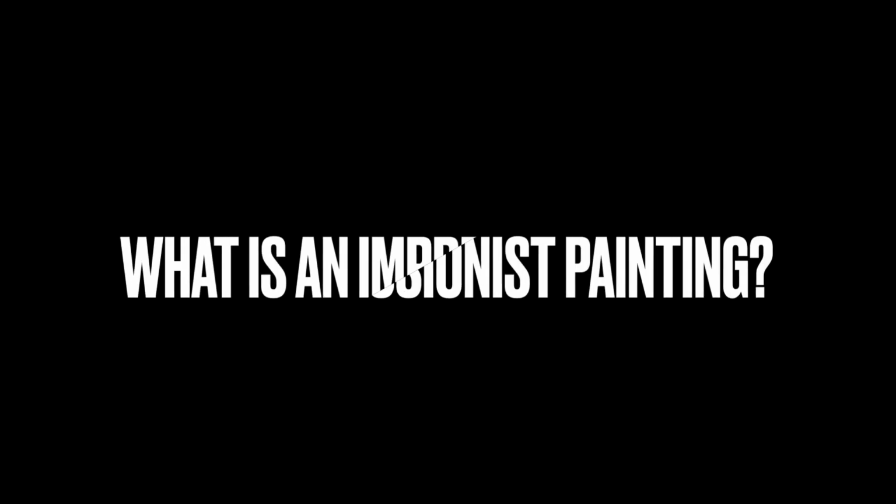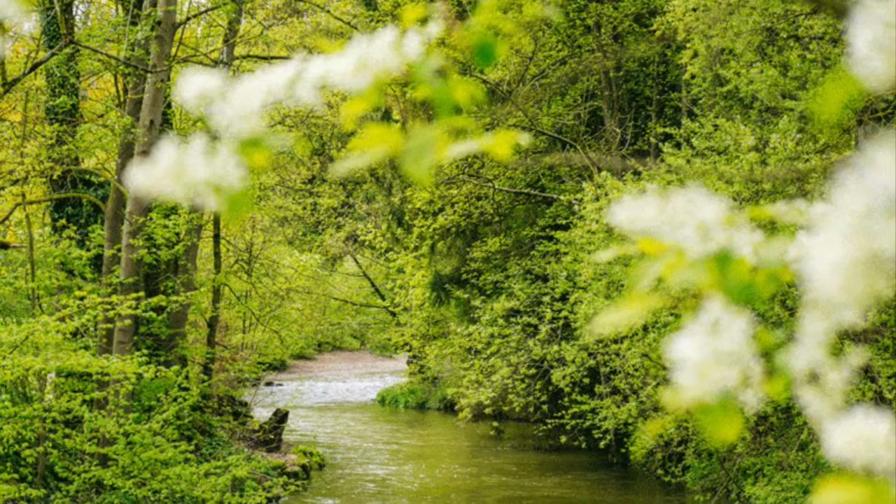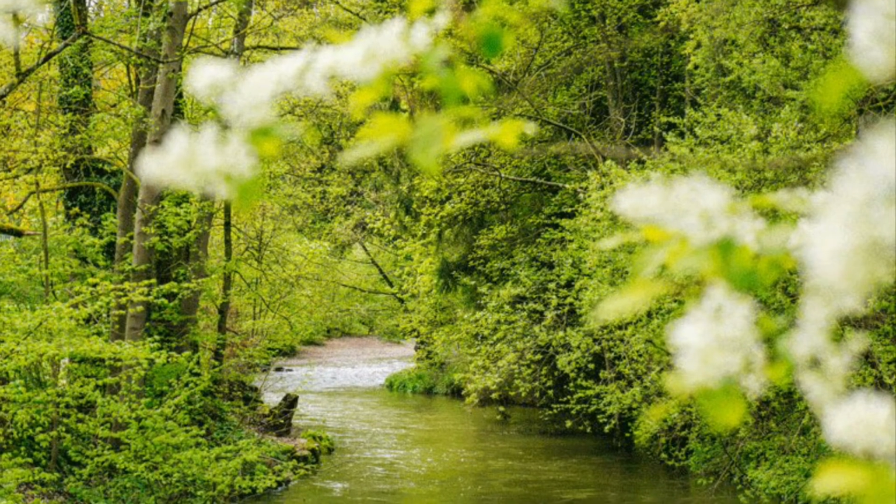What is an Impressionist painting? Well, it's difficult to encapsulate in just a few words, but the Impressionist movement began in France in 1860. This particular painting style focused on naturalistic elements such as plants and nature. The artists in particular took advantage of natural lighting effects to create color contrast and emphasize specific details within their